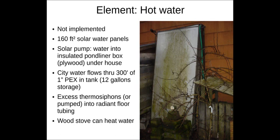In this climate, 1 or maybe 2 panels is plenty to provide the hot water for a house, the domestic hot water, for probably an entire year. So it's possible that in the winter time there'll be enough excess hot water to use it for partially heating the house. So our plan was to put these 5 panels up on the roof where we have pretty much